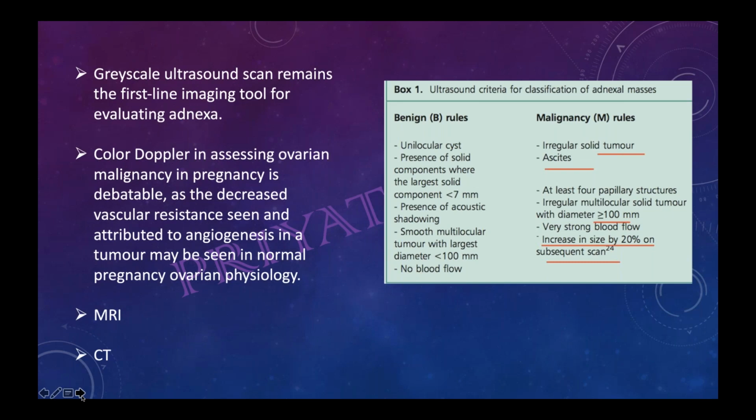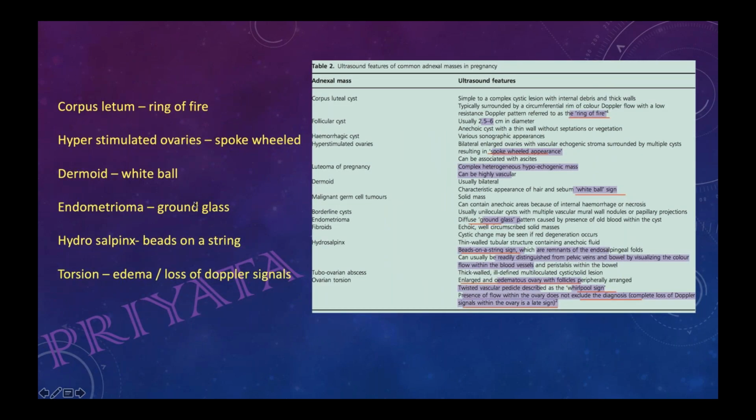If a more defined picture of that mass is required, then MRI is to be done. But if there is any suspicion of malignancy, consideration for CT scan is done, though we already know that CT scan causes radiation exposure also. These are the few things that were present in the talk. This much you have to remember, because that will help in answering your question.